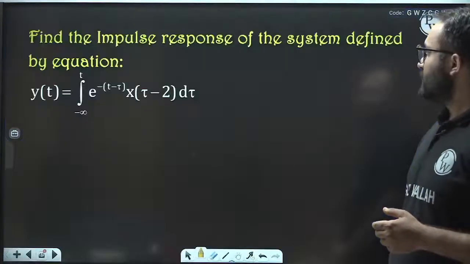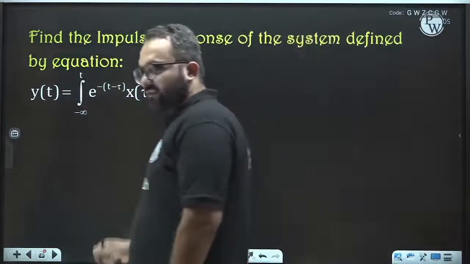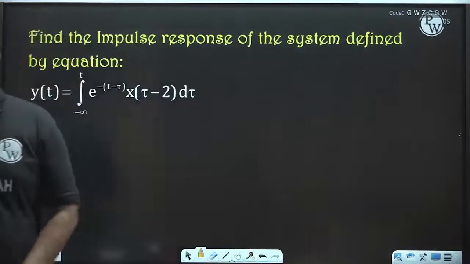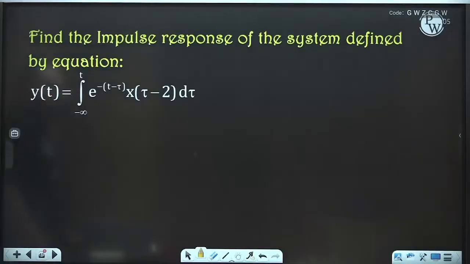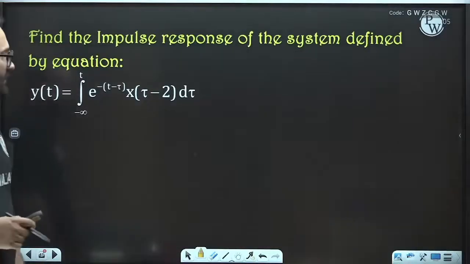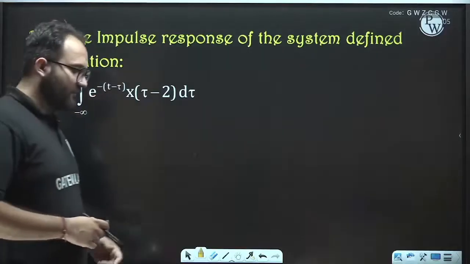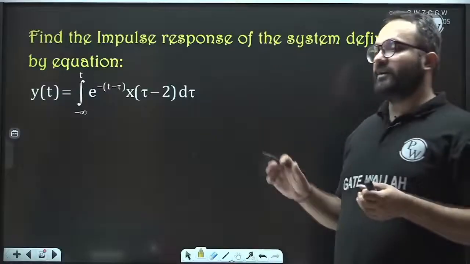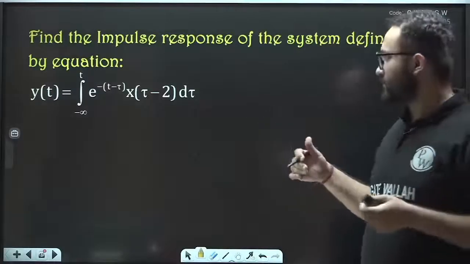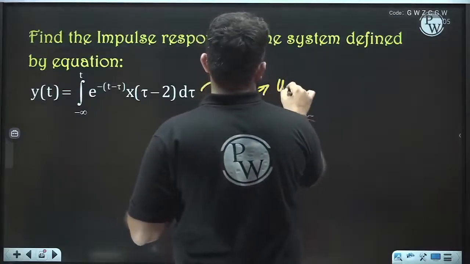Okay, so many times a question has been asked in this format also, that this equation is given to us. Obviously it looks similar to the convolution, but let's solve it. So we have to find out the impulse response of the system. Impulse response of the system means we have to simply replace the input term by delta t. So we have to find the